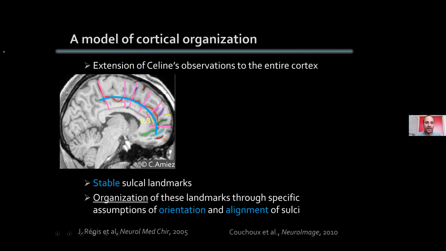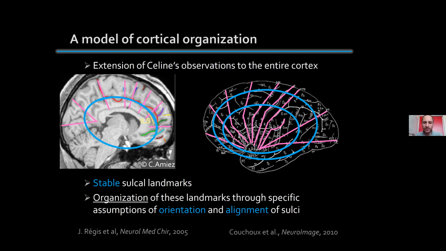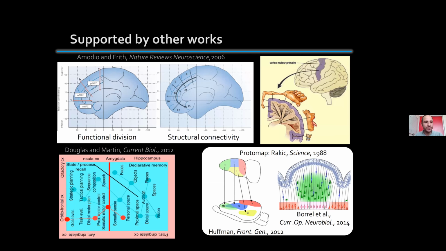So here you see that we think there are two main directions that are orthogonal, with some sort of organization around circular and orthogonal. And the aim of my job here is to generalize this observation to the rest of the brain, including other regions here, and also to the external face. For those of you who are interested, there are these two references if you want to know more about this. I will skip that for the sake of time, but there are other works supporting these assumptions.